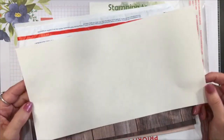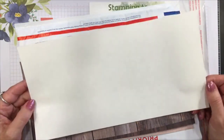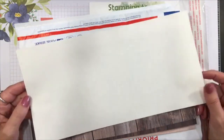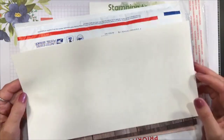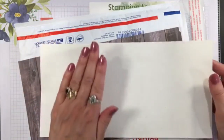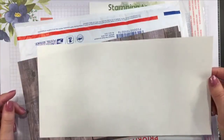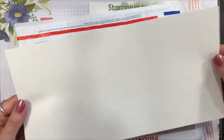It's our adhesive sheets that you can use with your die cutting machine so that you can turn your dies into stickers. And there are a couple of dies that you probably want to use as stickers because it could be really tricky getting glue on these dies. So it includes one 6 by 12 sheet of the adhesive sheets